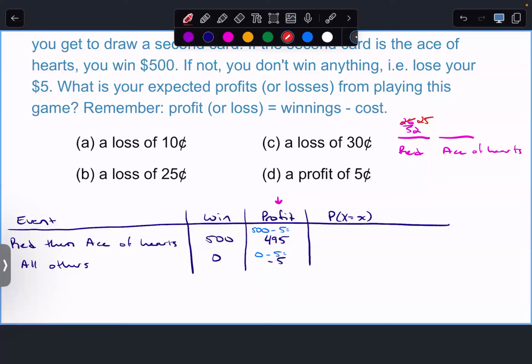Okay, 25 over 52. Now the ace of hearts is up for play again, and there's only one of them. And I've already drawn one of the red cards, right? And so now my total number of cards is 51, conditional on the first draw, right? So technically we're dealing with a conditional probability. And so I have 1 over 51. I'll highlight the 51 because that's one way that I could sneakily do conditional probabilities. But if I multiply these, I get 25,